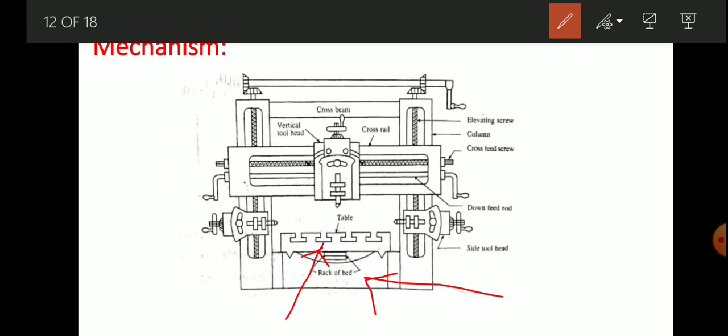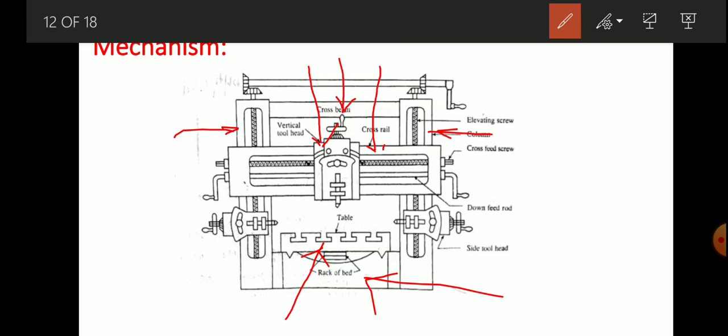Now it consists of a cross rail. Here we can see the cross rail. It is used to hold the vertical tool head. Here we can see the vertical tool head. Now, onto the base it consists of two columns, column 1 and column 2. The two columns are supported by a cross beam